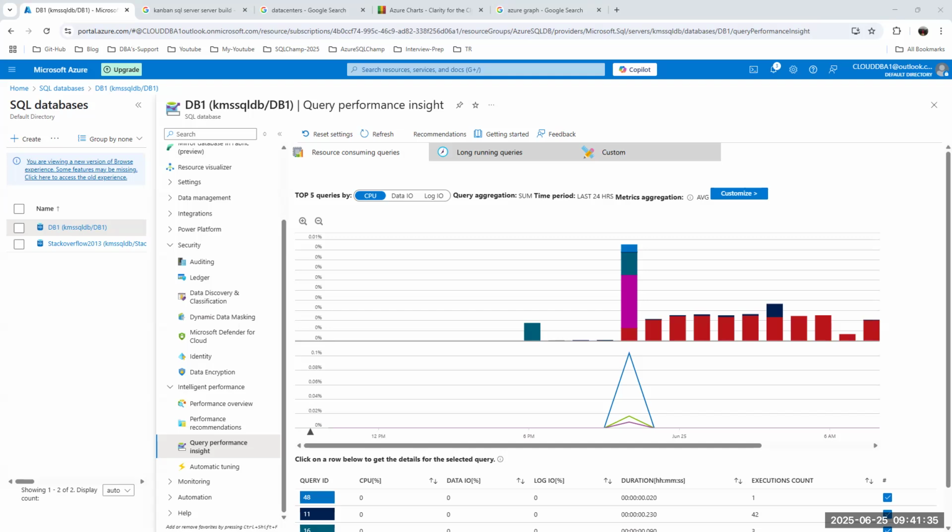Sorry to interrupt. My doubt is, if the customer is interested to stay on-premises only, by upgrading 2014 to 2022, is that possible? Yes. Not going to cloud, he wants to stay on-premises. From 2008 to 2008 R2, you can directly move to any version. There are two types of upgrades: in-place upgrades or side-by-side upgrades.